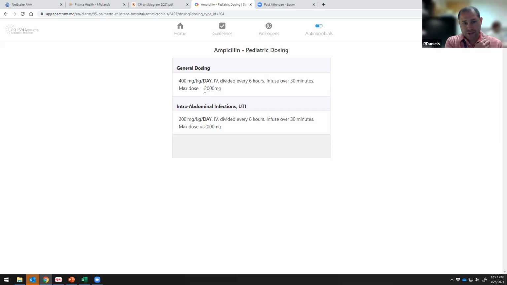I tried to fight that and just change everything to mg per kg per dose, but that did not go over well. So with that being said, I made the decision to at least update our app so that y'all could at least see that and mirror that. So again, when y'all can, I think it's a good habit to make sure that what you're entering into Epic matches what is in